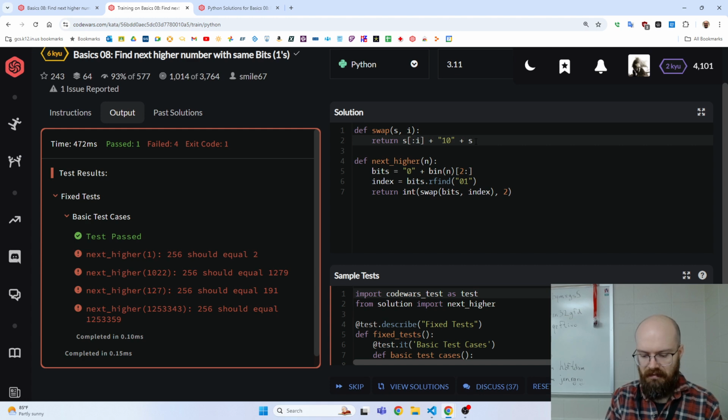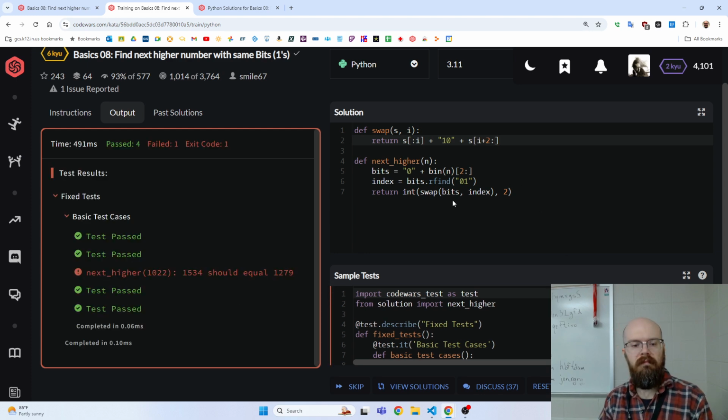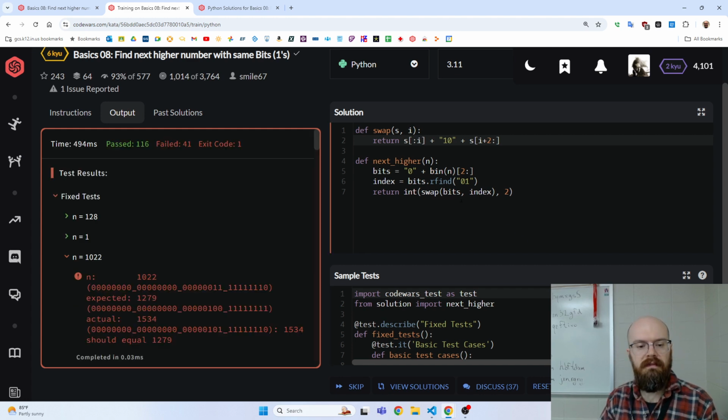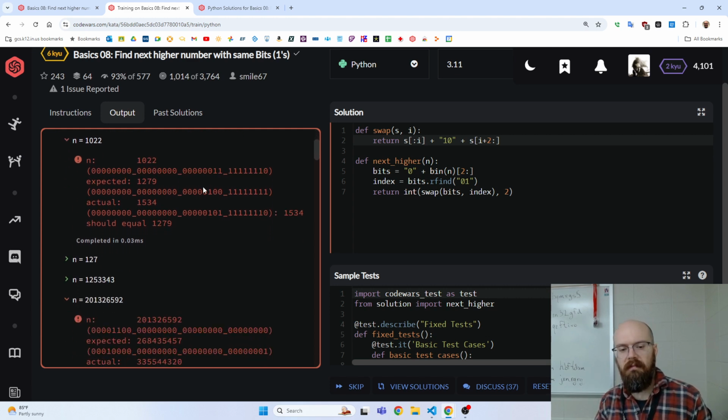Plus s, and then I plus 2 to the end, I think. And hey, that passes most of the tests. If I hit attempt, it's passing like 60, 70% of the tests, and that's pretty good. But there's a problem, which is that some of them need to move,